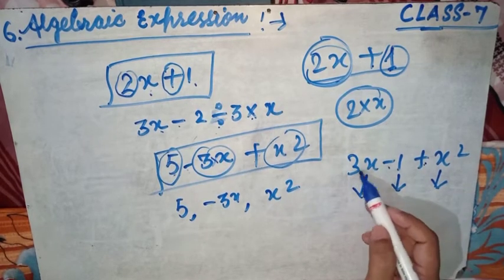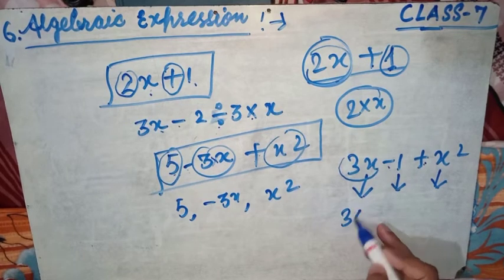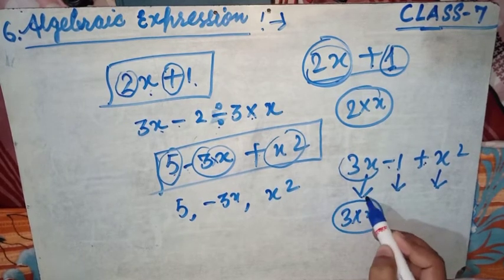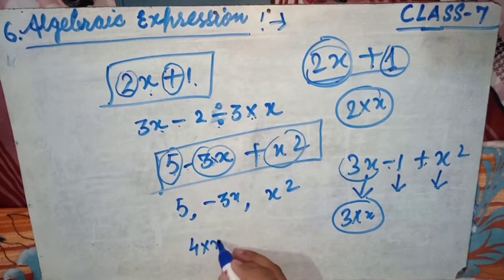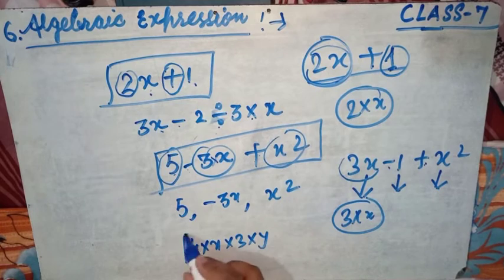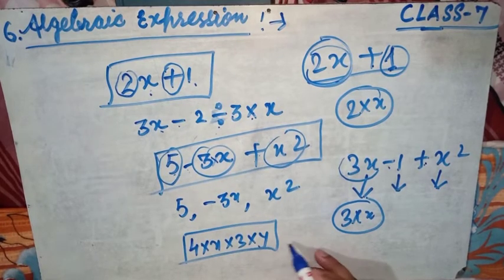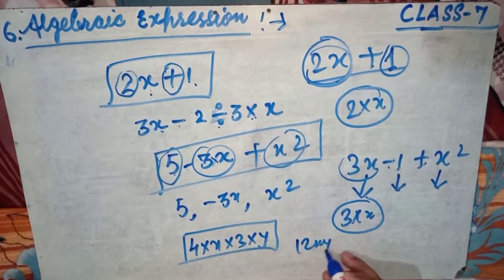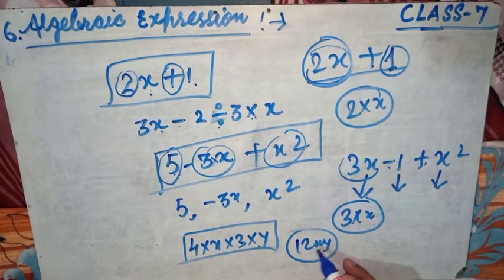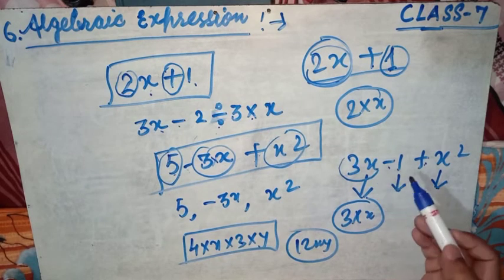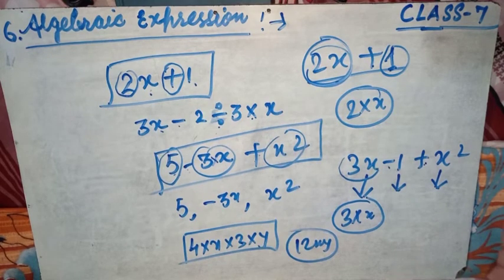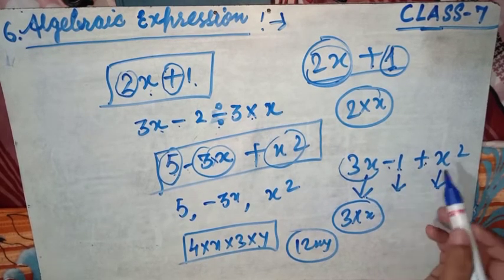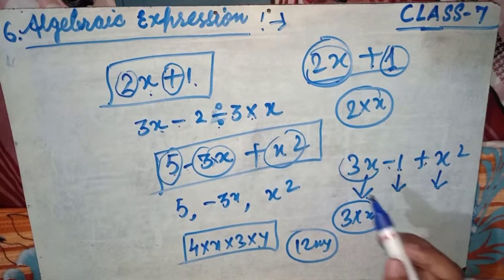Okay, in between them there is a connection, there is a multiplication, 3 multiplied by x, but it is considered as one term. In multiplication, if 2 or more terms are multiplied, like 4 multiplied by x multiplied by 3 multiplied by 5, these are all considered as a single term. This could be written as 12xy. So this is the single term. This is not a different type of term. If the parts are separated by minus or plus sign, they are considered different terms. So here is one term, here is the second term, and the third. The total number of terms is 3. I hope you will understand.